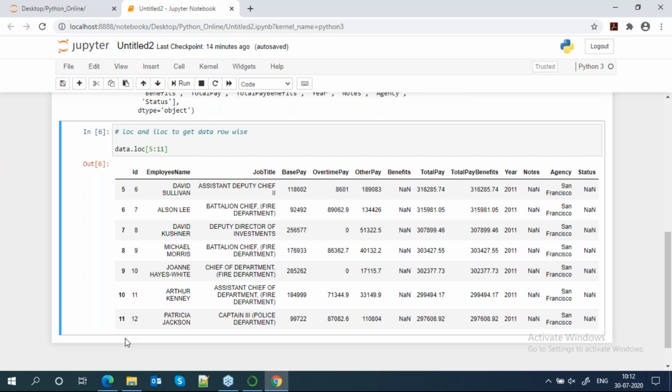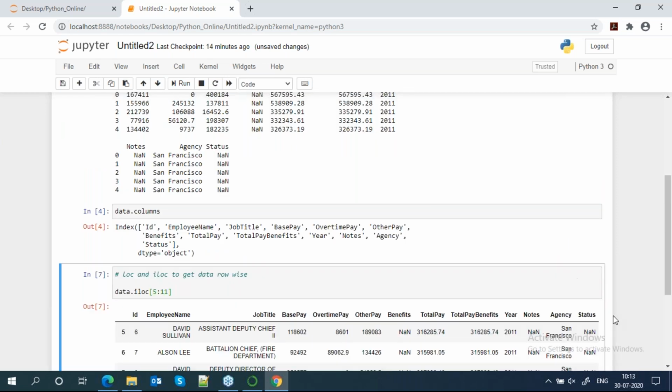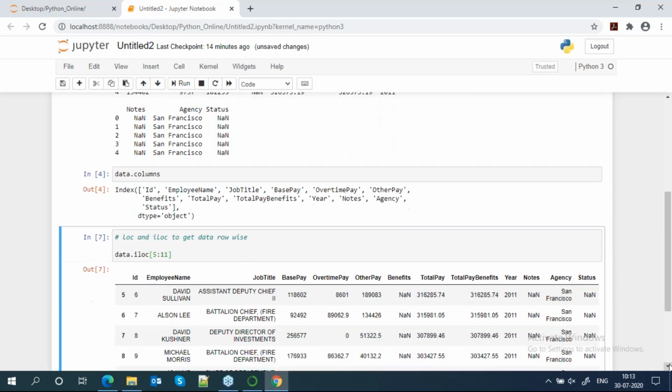Okay. So we have two options. One is loc, another is iloc. So iloc also works exactly the same. There is no difference. The only difference is that loc works with the index name, if your index has any name, you can use loc. If you want to go by position, use iloc. So if I do the same thing with iloc, it is also working. This is used only when we know the position.